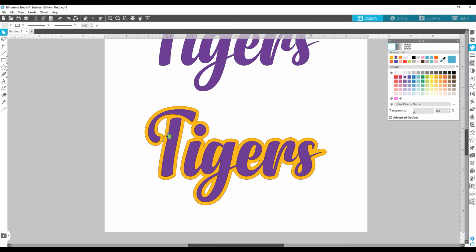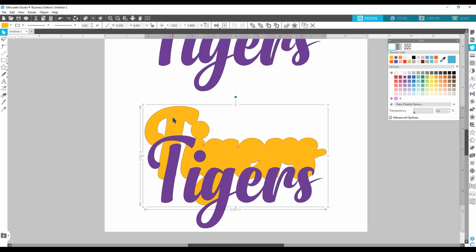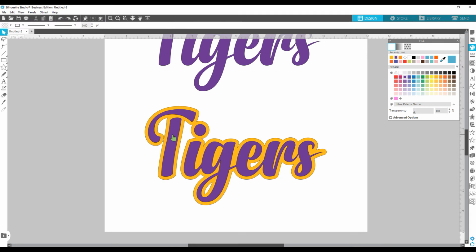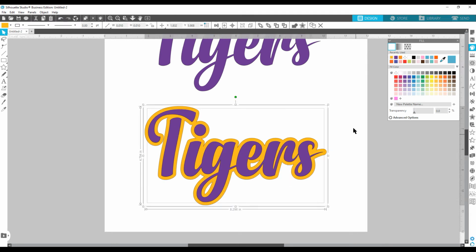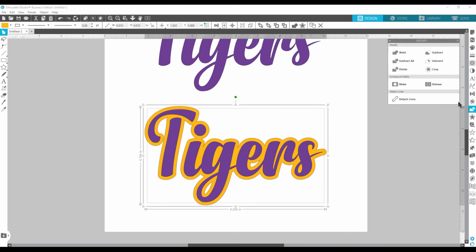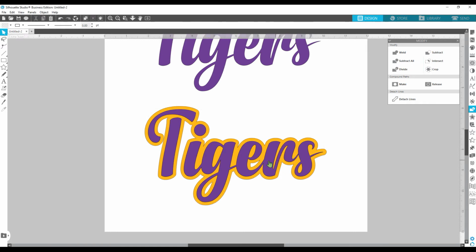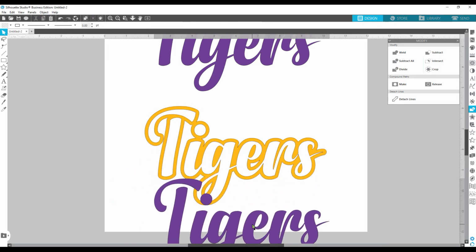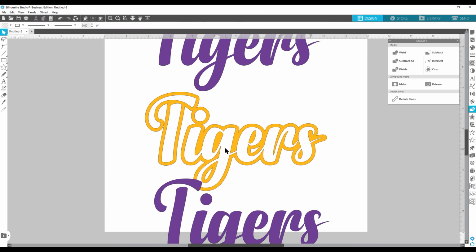Okay, here we go. Now, we don't want to print the yellow like this because then we'll have to put the purple directly on top of the yellow. So what we want to do is we want to highlight everything, come over here to the modify panel, and we're going to choose subtract all. So once we subtract all, we click out, you can see now this gives you the outline minus